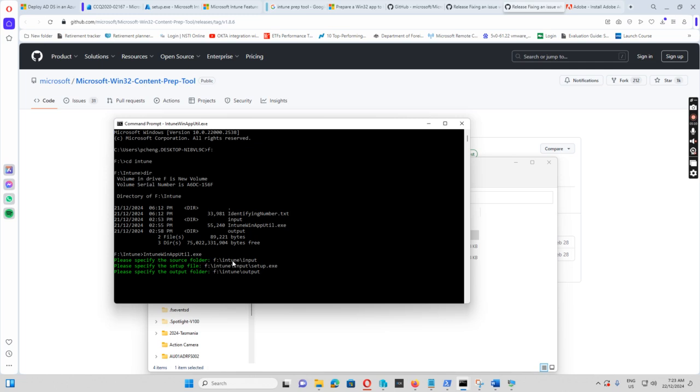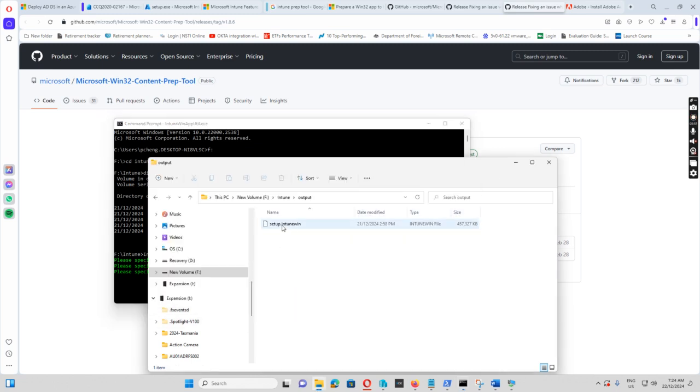I put F:\Intune\input, and the setup file is F:\Intune\input\setup.exe, which is the one I renamed from the Adobe installation exe file. And then the output folder is the output folder. After I do this, it will generate